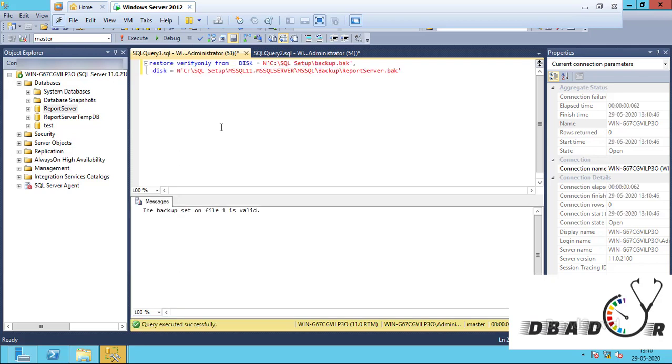Okay, it is validated properly, so the backup is very good now, and we are able to restore it.